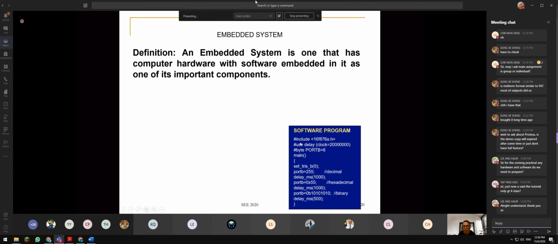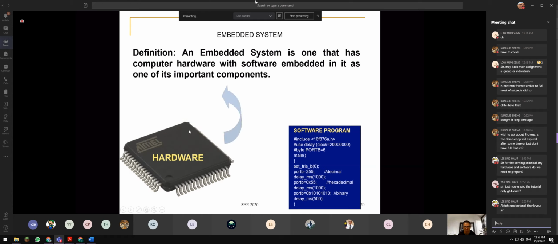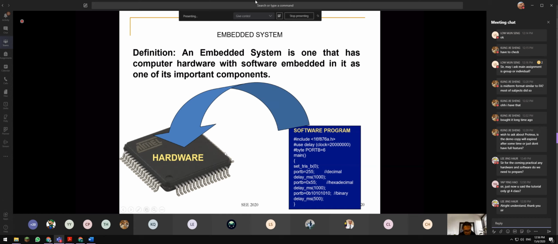You write the software, you type it, say this is a PIC16. Basically it is converted into a hex code, or in the end we call it firmware. You download a firmware into the hardware to perform some function. So this is what we call embedded system design. Some also say that embedded system design consists of a lot of electronic devices incorporated with a microcontroller and microprocessor within the implementation. This is also embedded system design. There are a lot of definitions for it.